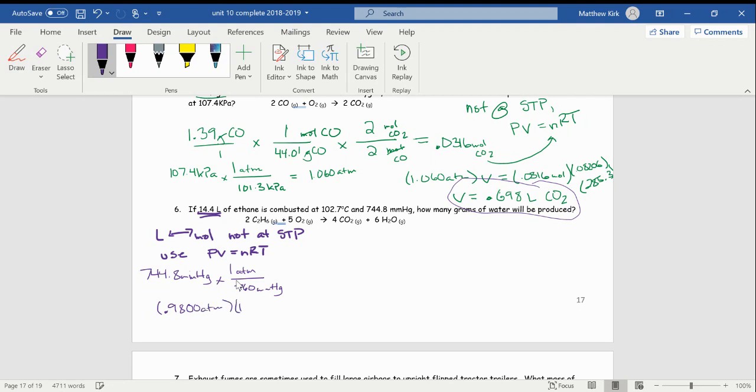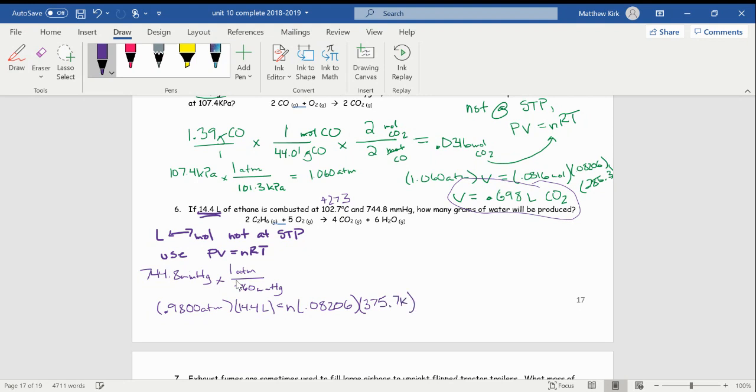The volume, I have 14.4 liters. That's the correct unit for volume. I'm solving for moles. R I know is 0.08206. And temperature, should I plug in 102.7 degrees Celsius? Nope. I need to convert. I need to add 273. And that final answer would be